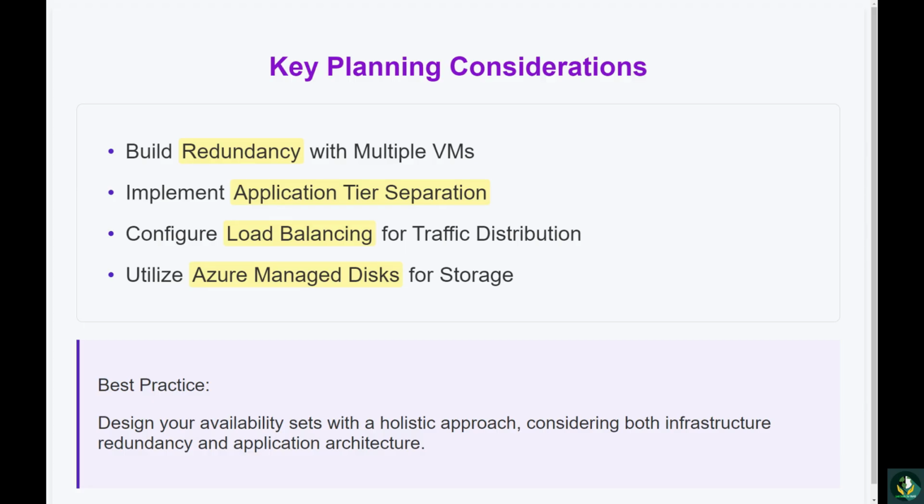Here are some practical tips for implementing these considerations. For redundancy, always deploy at least 2 VMs in each availability set. Consider your application's load when determining the number of instances. Plan for N+1 redundancy, where N is your minimum required instances. For application tier separation, map out your application tiers before creating availability sets. Document dependencies between tiers. Consider using naming conventions that reflect tier